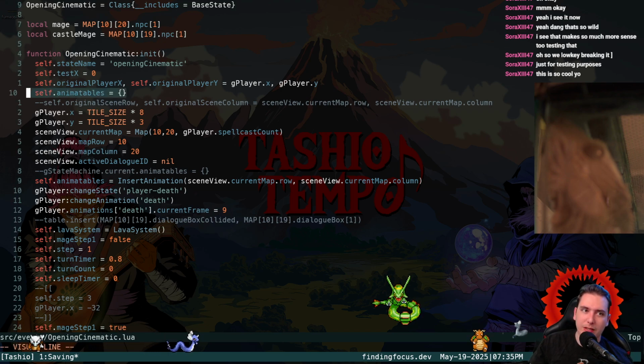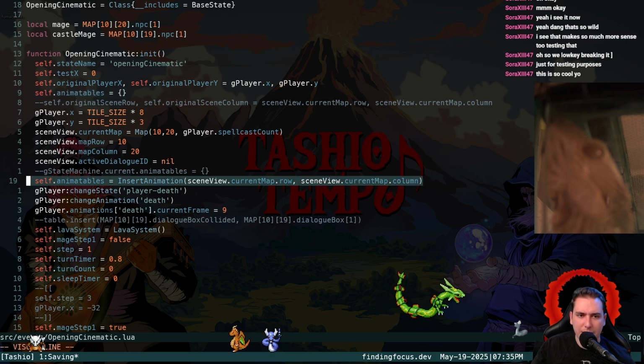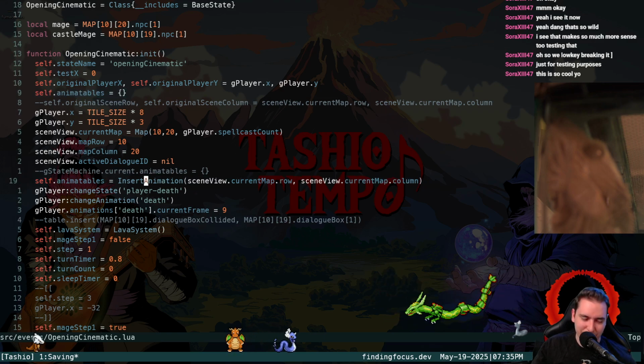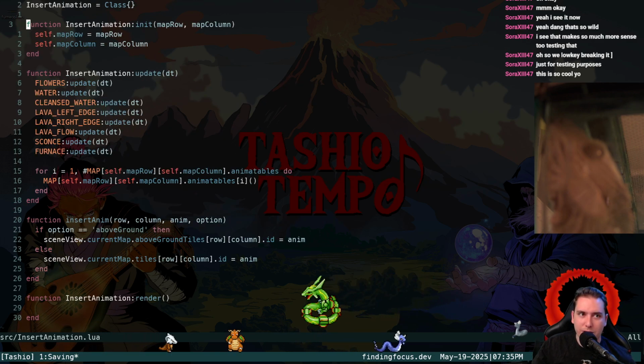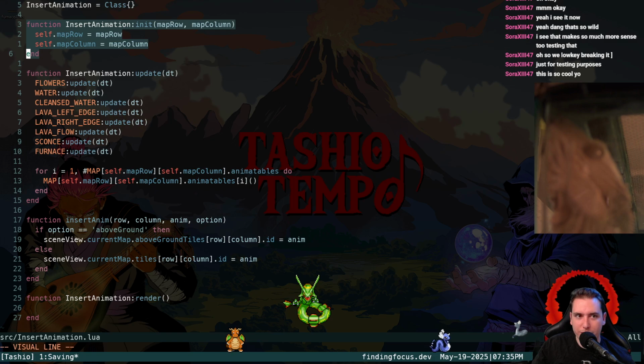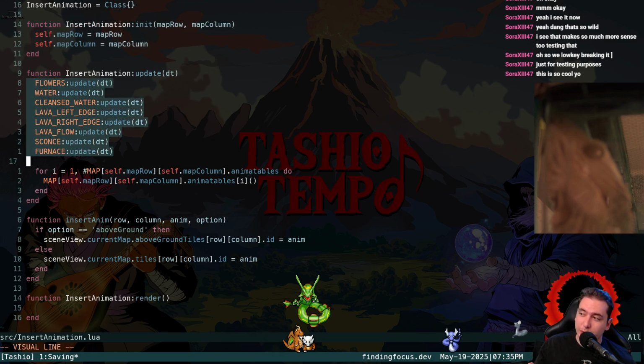So how we did it in the opening cinematic was we had a table called animatables that we just give ourselves the table, right? And then we say animatables gets insert animation. So what's an insert animation? Well, insert animation takes a map row and column for our scene. It also updates all of the animatables, and this is part of what is going to be rendering on screen,